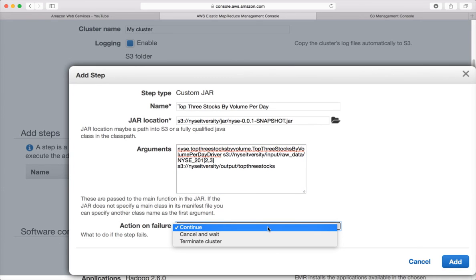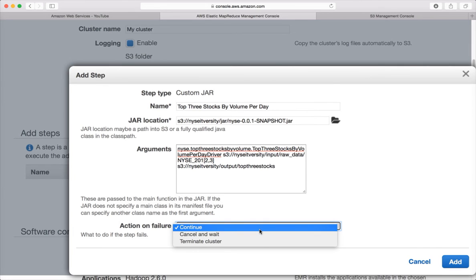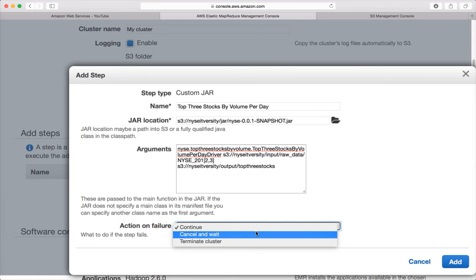One is continue, which will actually terminate the cluster even on failure. In some cases it might not terminate the cluster depending upon the type of event. Cancel and wait: if there is a failure in the job, it will just cancel and wait, so that you can take the necessary action to fix the issue and rerun the job. The reason is, if you terminate the cluster every time, the pricing will be done on an hourly basis. So even if you use each of the instances only for a minute in 1 hour, it will be charged